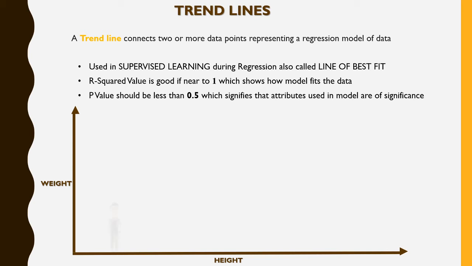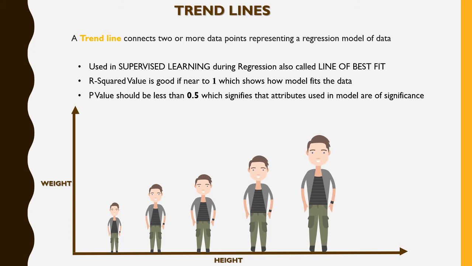For this, we have taken a person whose height is given, and we have seen that the weight is also less. Similarly, the next person's height is somewhat above the previous one, and the weight is also more. Similarly, the next one, and the next one. So when we look at this one, the height is very low and the weight is also low. This one has more height and more weight, and this one has significant height and also more weight.